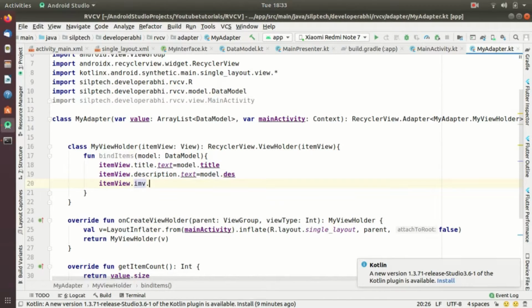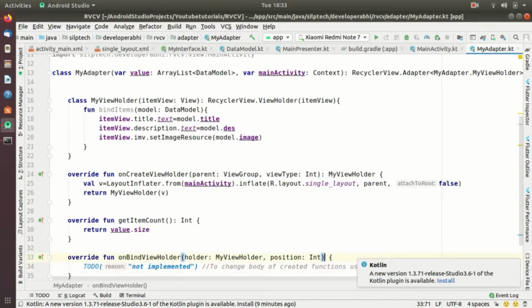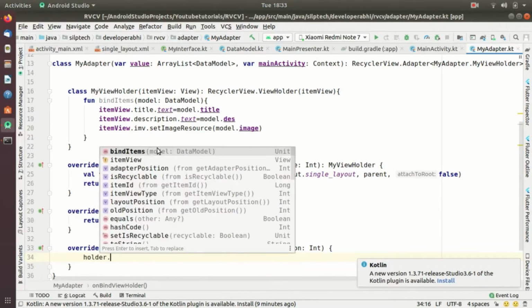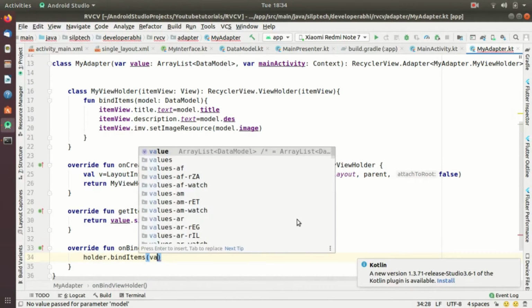Okay, imv dot set image resource, and inside this I'm going to give model dot imv or image here. So how is this function called? Actually I told you the value should be set from onBindViewHolder. So what we're going to do in this is we're simply going to call holder dot bindItems, which is this method from my view holder, and we're going to pass our data model, which is a value